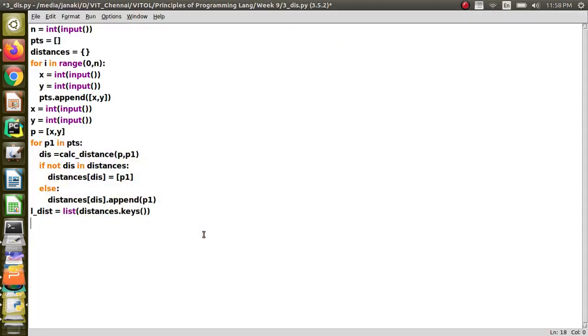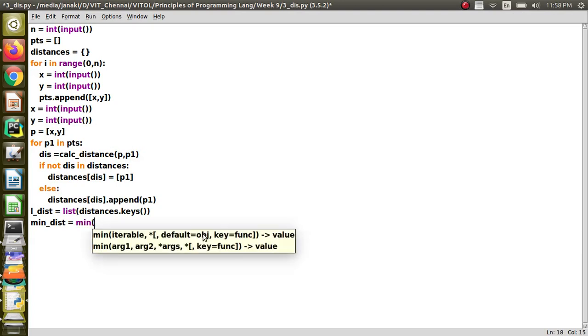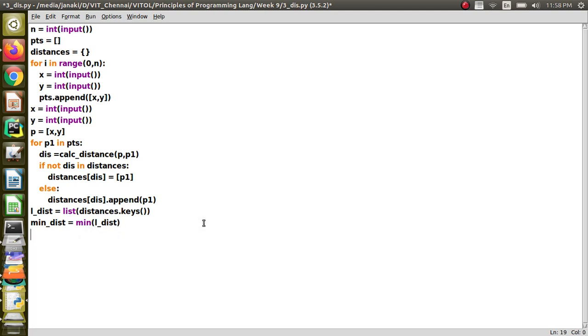And then I am going to find the minimum distance. How can I find the minimum distance? There is a min function. You can use this min function to find the minimum distance, and then you have to print all the points, right? How will I print this?